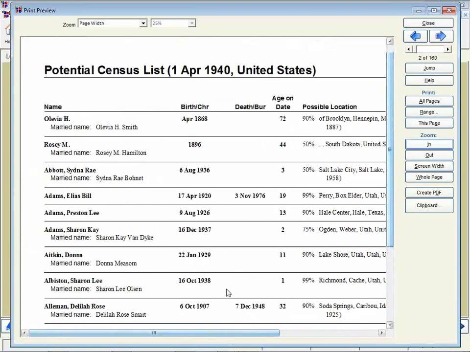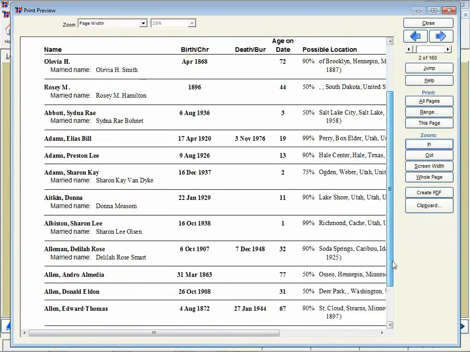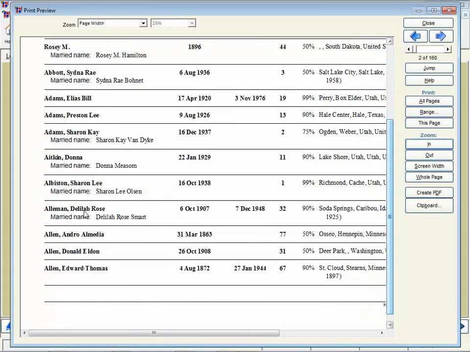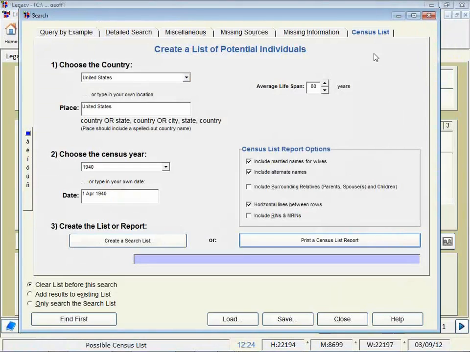Now, let me find a female. Yes. So here we have, let's do this one. Delilah Alleman, born in 1907, died in 1948. Let's see, she would have been 32 years old, and so possibly married at that time. If I'm searching for her, I should probably be searching for her under her married name, right? So let me show you a couple of the other options that you can turn on. Let's close this. In the Census List Report options, there's an option to include the married names for wives,